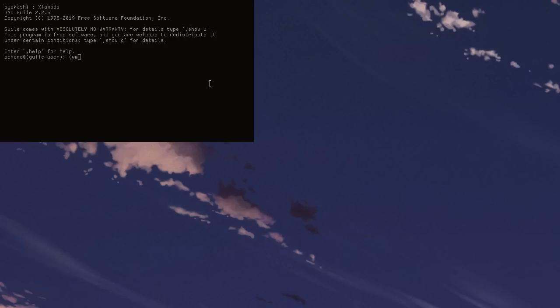So if we run wm/list-windows, it's going to print two IDs. The ID for this terminal right here that I'm running Xlambda on, and the 0, which is the ID for the root X window. So to do anything with this window,